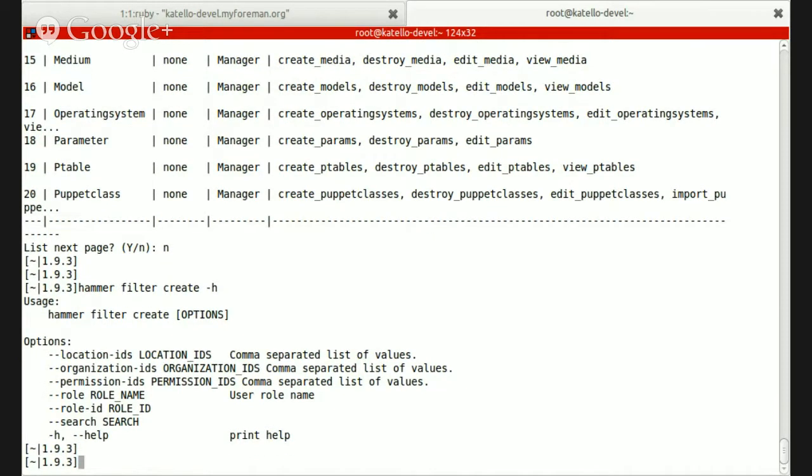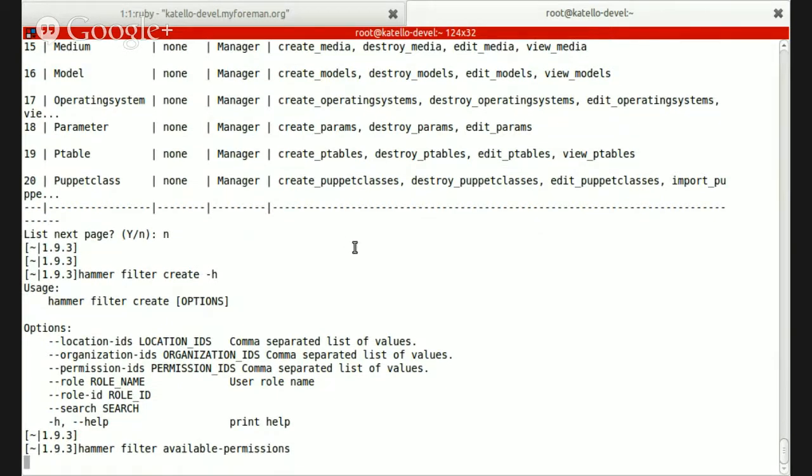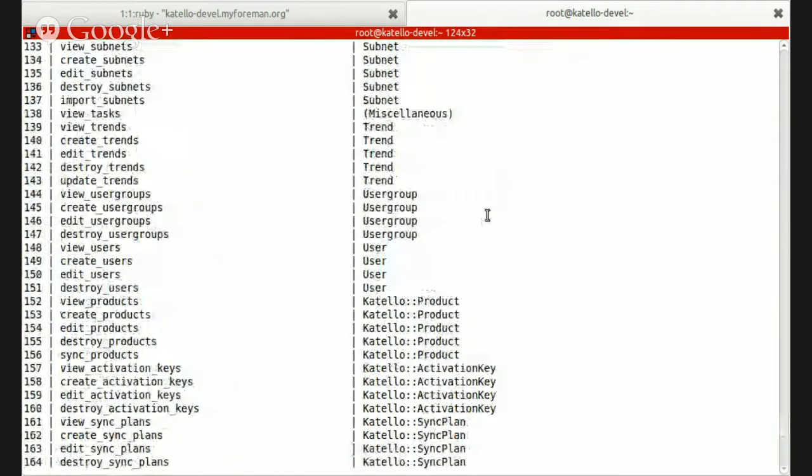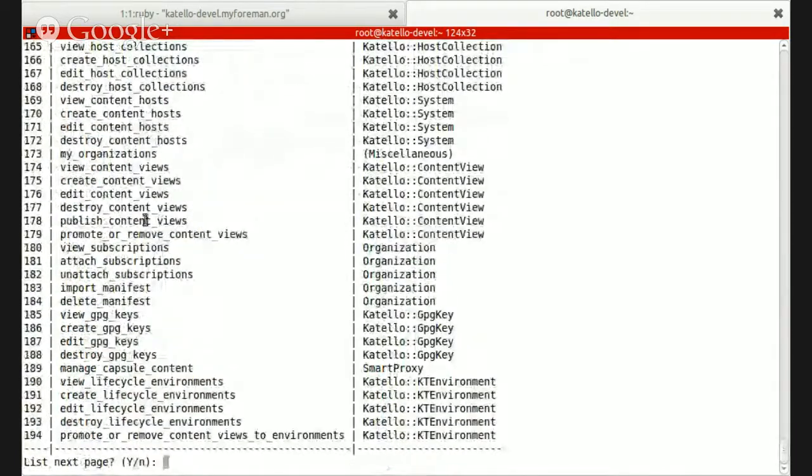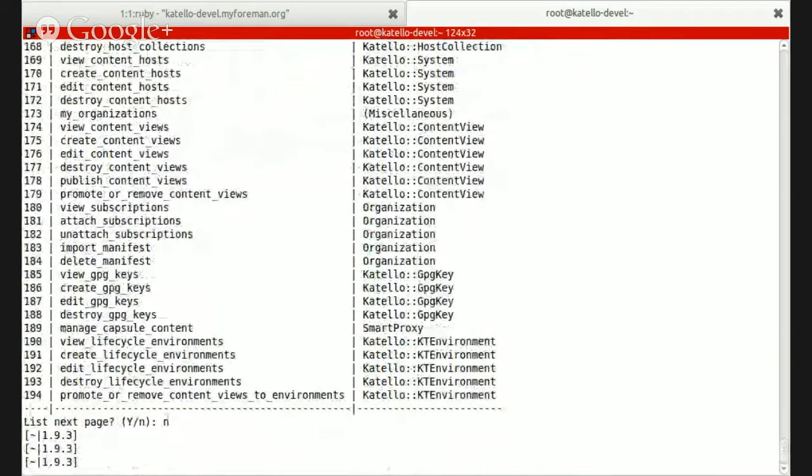Now, to make it easier to select from permissions in the CLI, there is a command, hammer filter available permissions, and it will list all the permissions that are available from Foreman core and the plugins. You can see the name of the permission, the resource it comes from, and its ID. There's quite a lot of them, so